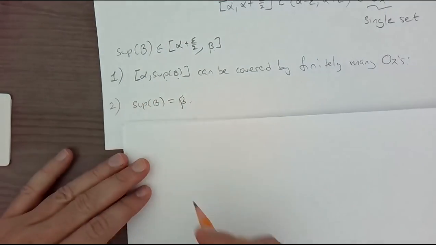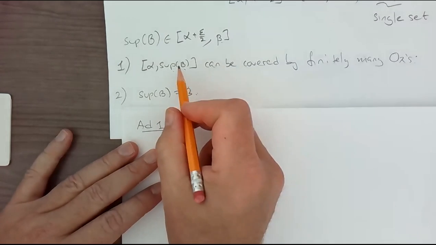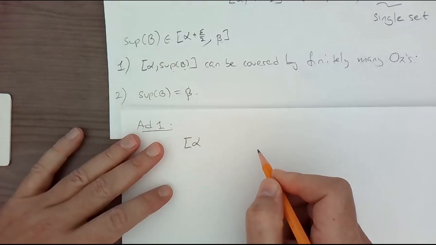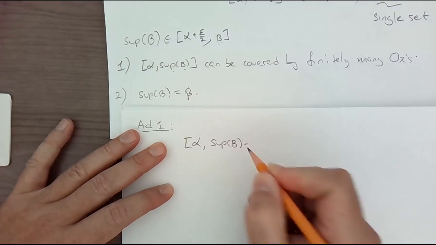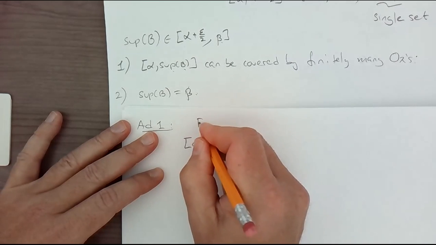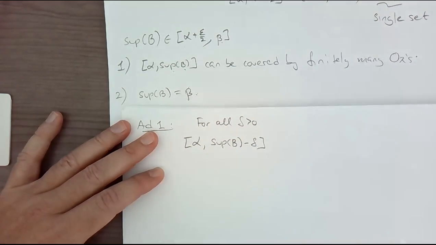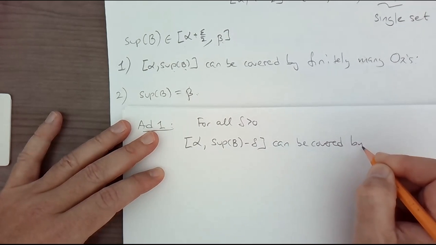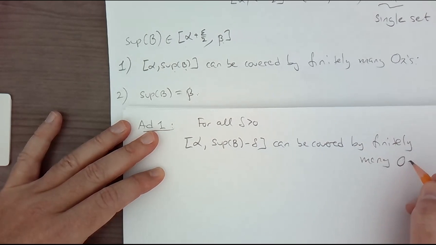Well, if you work out the steps, if I stay a little bit to the left, I will know that alpha, and then if I subtract a little bit from the sup B, if I subtract away just a smidgen, a little delta, so for all delta positive, this can be covered by finitely many O lambdas,